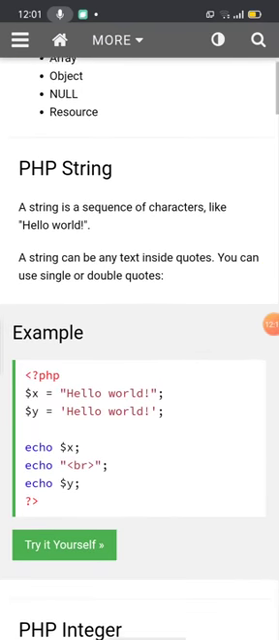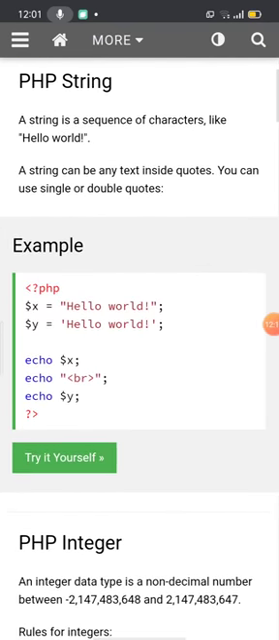We have seen the very first data type, the PHP string. A string holds characters, like hello world. Any characters, you can write your name also. If you are writing your name, you can use a string over here. If you are writing your mobile number, or a date of birth,